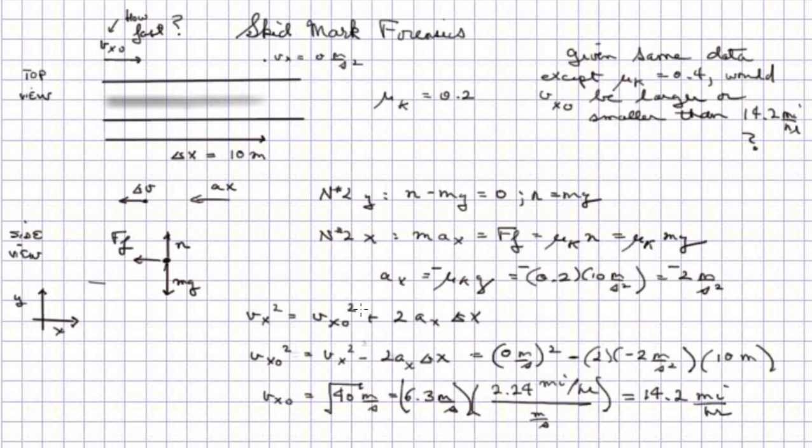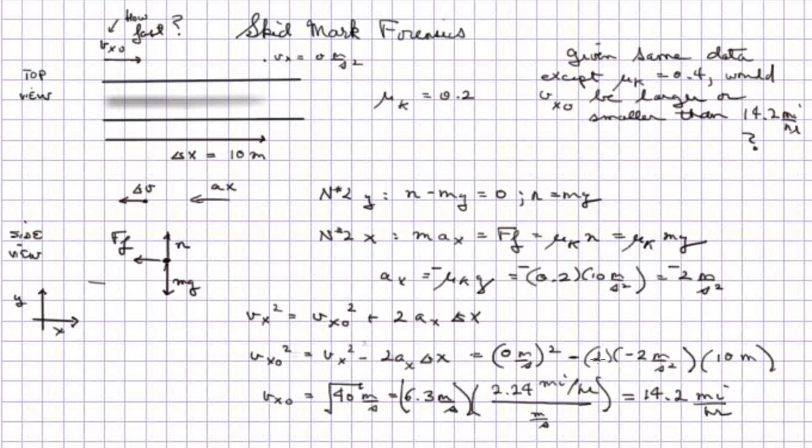And so now in order to find Vx naught, we can use the third kinematic equation. Because if you write that down, you should realize that we know everything except Vx naught. Vx is 0. A sub x we have just finished calculating, and the delta x is the length of the skid mark, which we're going to assume is 10 meters. And so if we solve for Vx naught squared first, and then take the square root to solve for Vx naught,